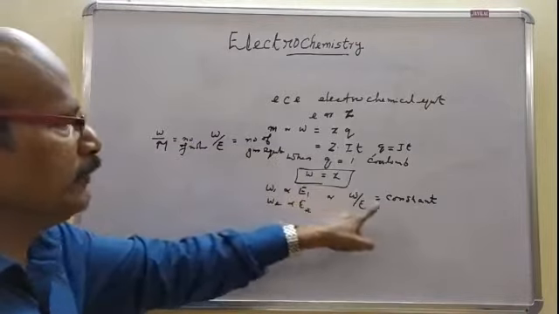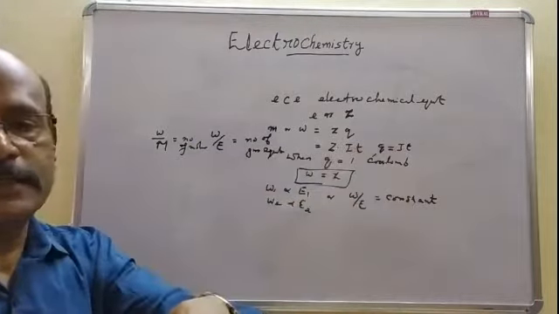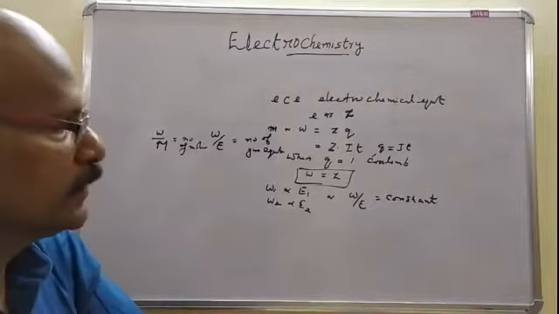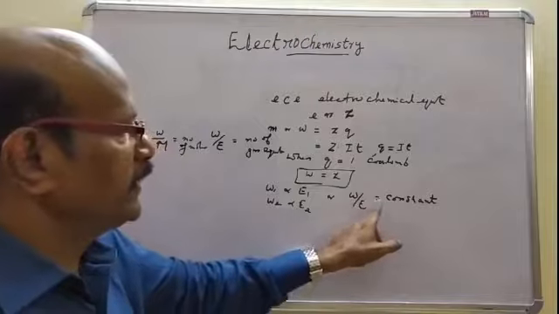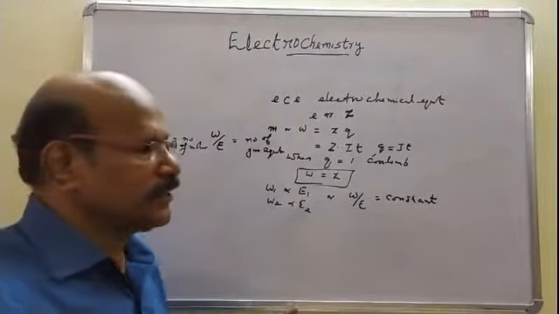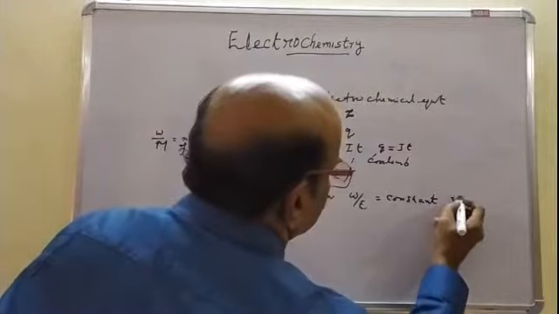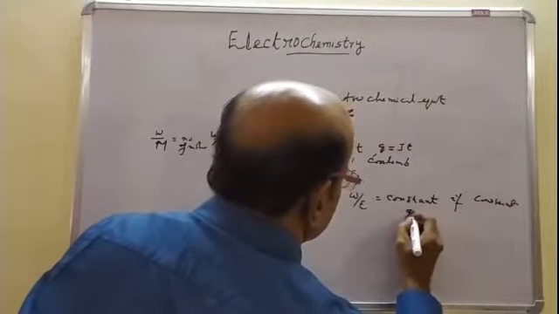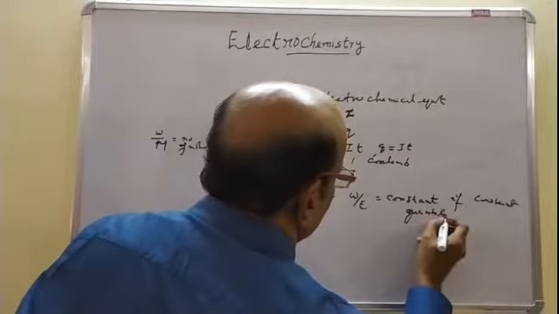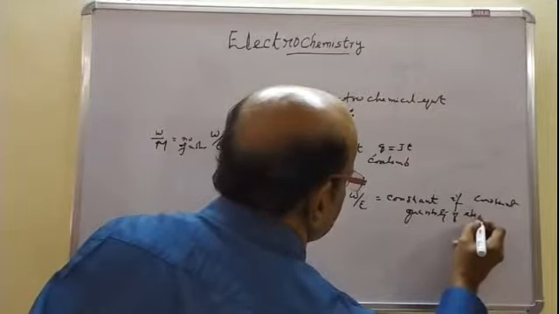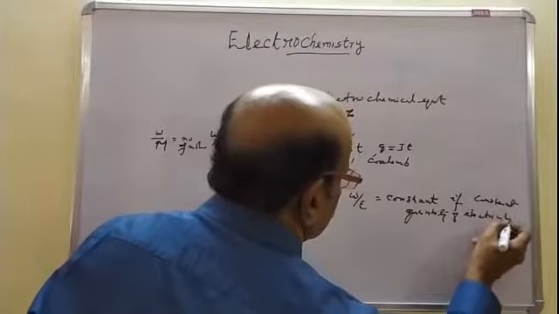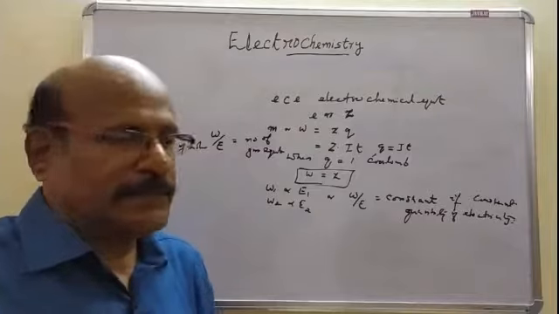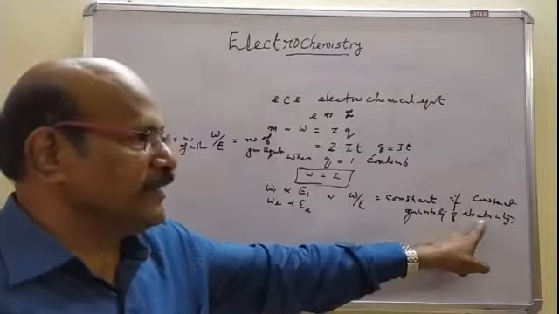So the number of gram equivalent W by E is a constant, provided the quantity of current is the same. The number of gram equivalent is constant if a constant quantity of electricity is employed. So we are giving another argument, alternatively,